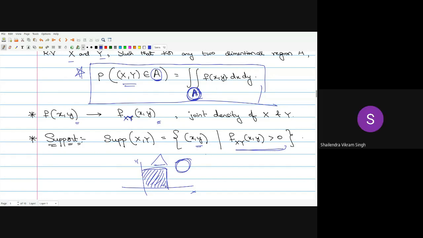Sir, a little doubt. Whether the double integration is related to area or it is a volume? I think it is a volume. Then if it is a volume, why is it the area? I am getting confused. Okay. So the area is between x and y. Between x and y, we will get a graph. This is the joint. We used to draw the joint table, right?